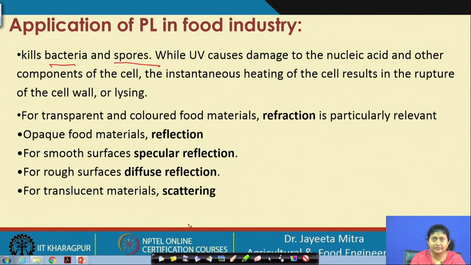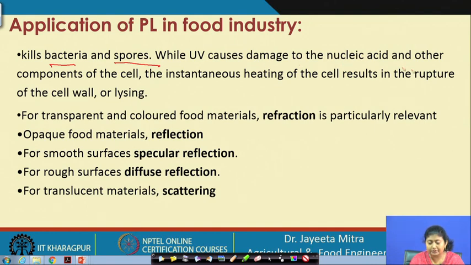We have mentioned initially that whether the microbial destruction is because of UV only or any other mechanism is not very clearly understood, but it has been assumed that the initial effect that causes damage to the nucleic acid and cell wall destruction is because of the UV spectrum,